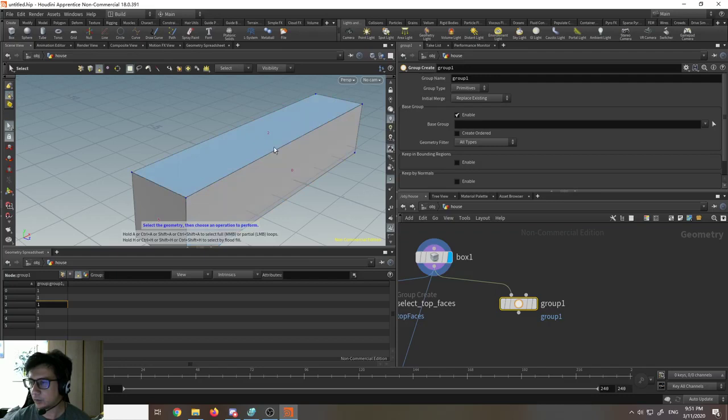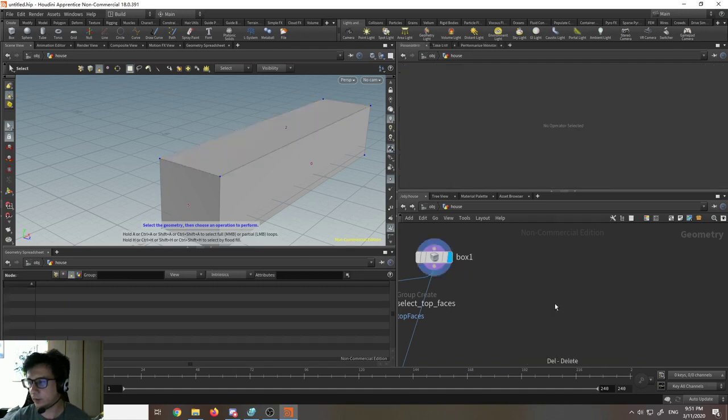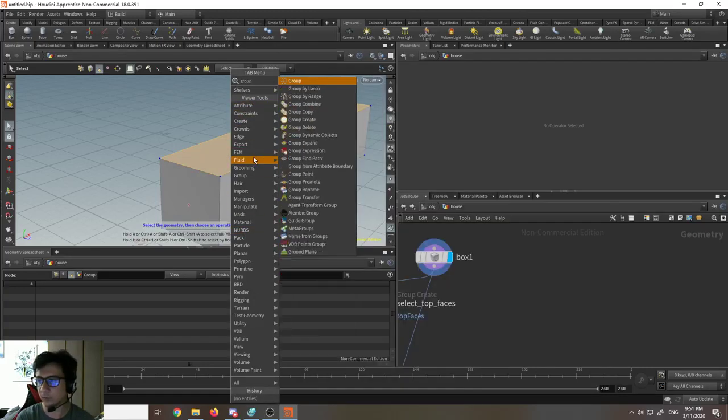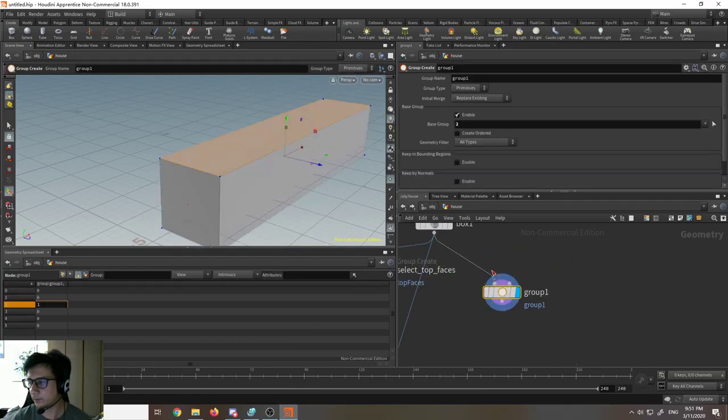So what you can do is you have two options. You can click to here, and you will see that the 2 is selected. Or what you can do is select the face here, tap in the viewport, you will have the same properties. So you just type group, and what it does is create a group with the same number, right? Okay, you can do that, but